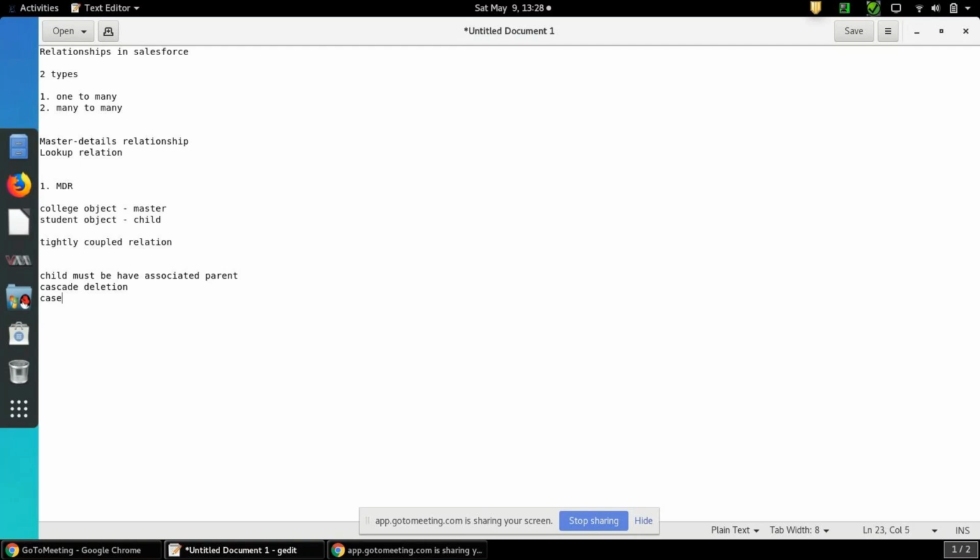And record-level security, and we can create roll-up summary fields. A standard object cannot be a detail. Maximum 2 master-detail relationships we can create.